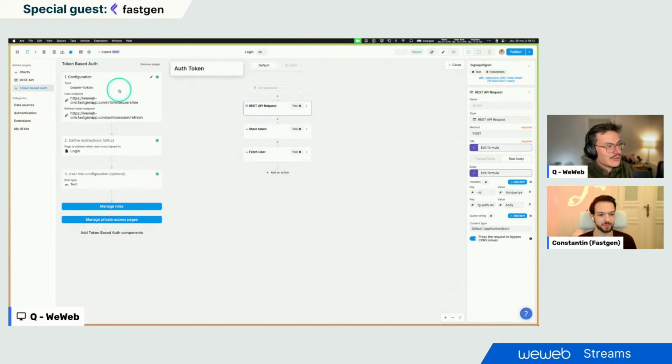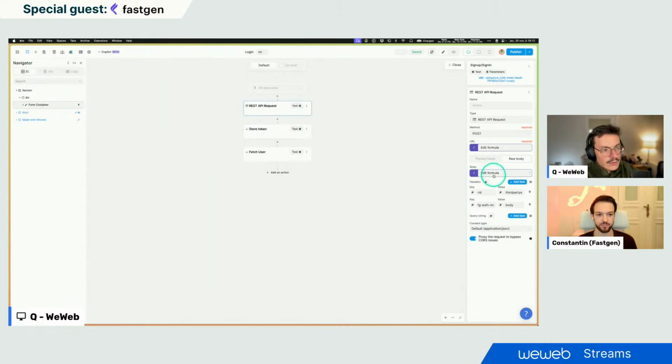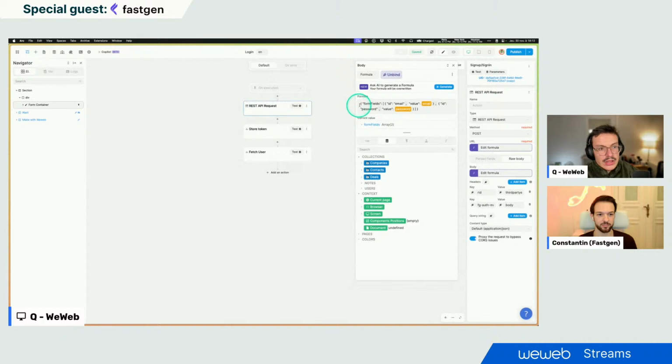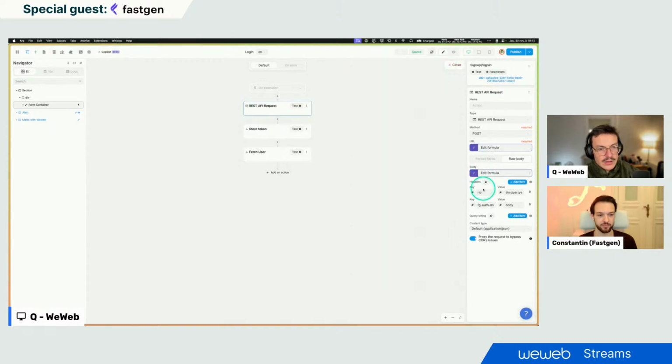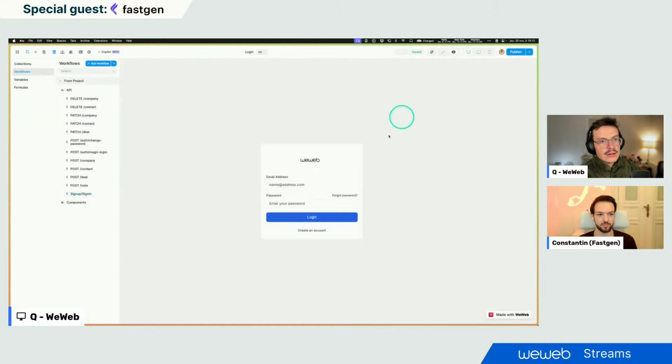So yeah, really cool. So yeah, classic bearer token. Then these endpoints are really specific to your Fastgen project, and then you get back the token. So really easy. I'm sending the body. The body must be this way, but everything is explained in your docs, in your tutorial actually. And then you've got headers to get back the token in the body. Then what I do is that I store the token, my access and my refresh token that I get from the previous action. So let's try it actually